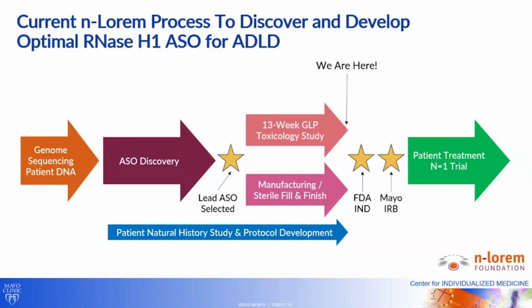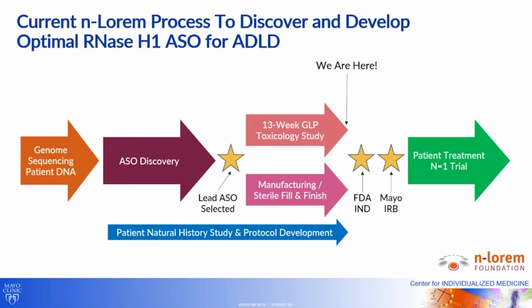So if we look at the process in total, in a more graphical view, we can walk through what these steps are. Often for a knockdown ASO like a gapmer, we're going to want to do genome sequencing of the patient DNA because we might do allele-specific targeting, targeting a specific mutation. That is not the strategy we've taken here. So this isn't knocking down just one allele of Lamin B1. We're just knocking it down in general. So we didn't have to do that part of the work here. We moved right into the ASO discovery phase, then selected the lead,